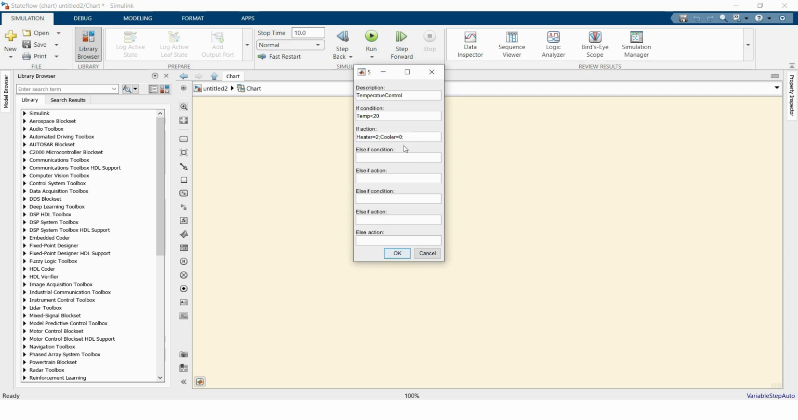And the else if condition is when temperature is less than 30. Our heater mode will be true, and our cooler will be turned off. And again, another else if condition when temperature is above 35. At this condition our cooler will be turned on